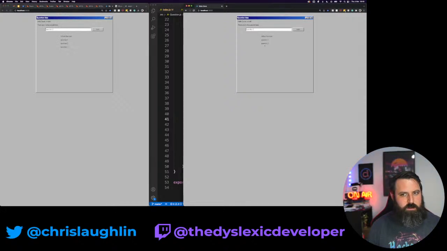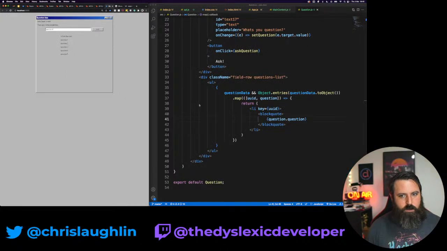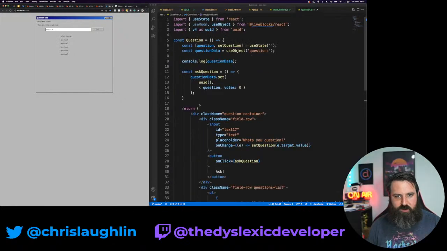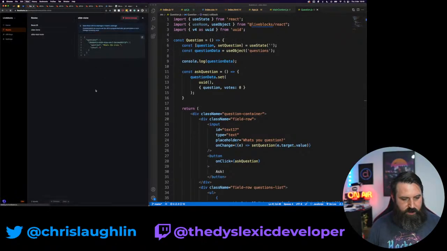That didn't update. Am I missing something? Is it because I'm on localhost? Question 4. Yeah. Question 5. Okay. We're okay. We're working. So now we need the ability to upvote a question. So now we can tap into the data that we have where everything here is on 0 votes.